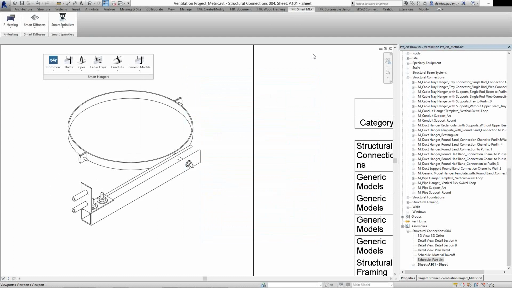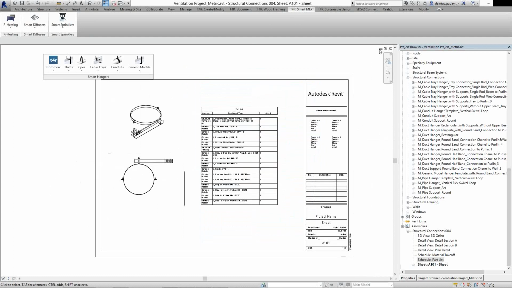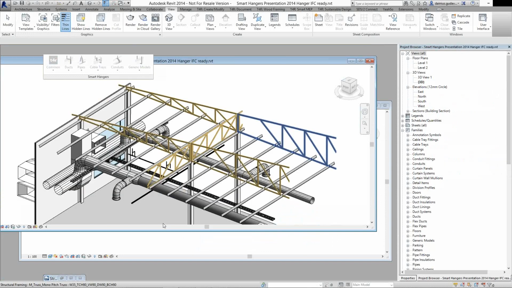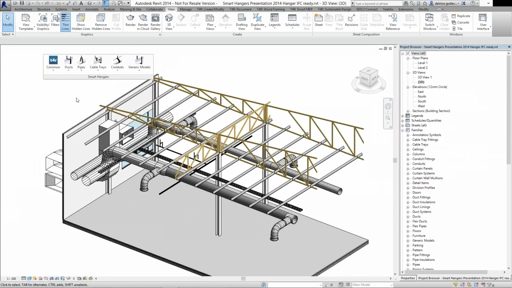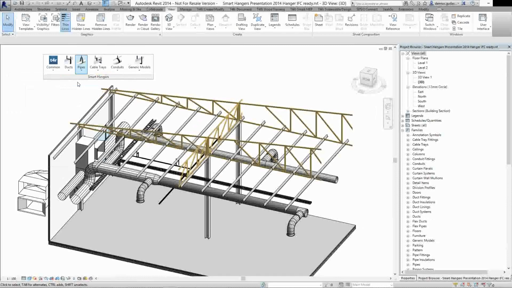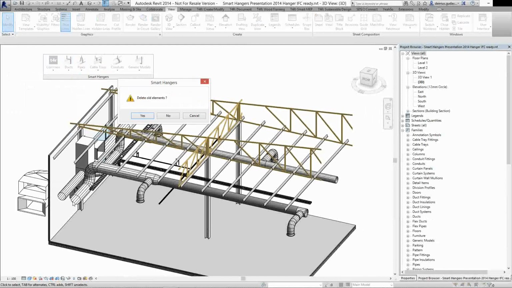So now I want to show you a different project that is present over here. I want to show the IFC capabilities of smart hangers. So we have the replace IFC configuration function, where you can set the pipe insulation thickness and the insulation thickness which doesn't always come with IFC elements. So you can set these over here, and that's pretty much about it. You'll just go to Ducts and press Replace IFC Duct, and it asks if I want to delete these IFC elements and change them to Revit native system families. Yes, I sure do want to do that,